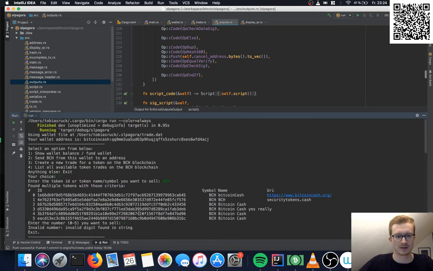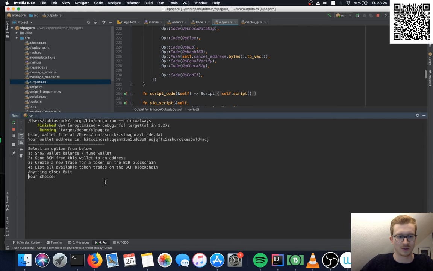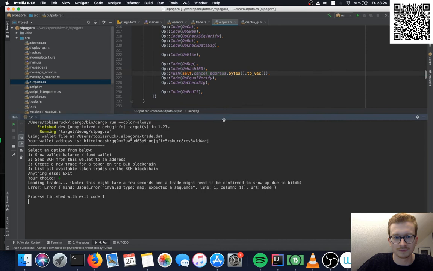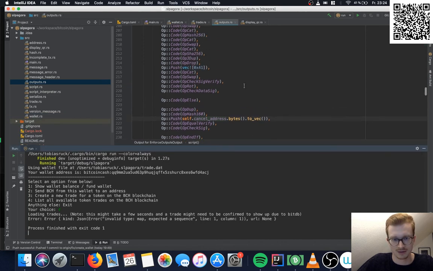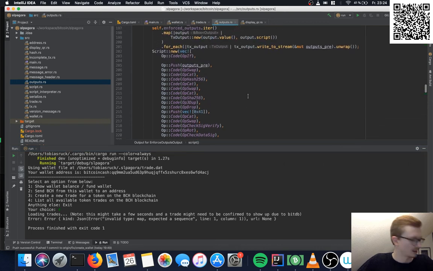But if you send the tokens at a way too high amount that you don't have right now, then it might be necessary to cancel. But I added it in, so if there's an issue, we could cancel the trade manually.